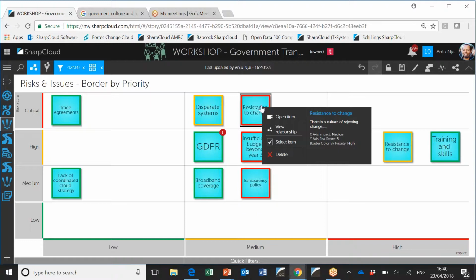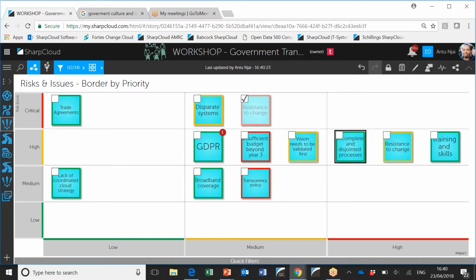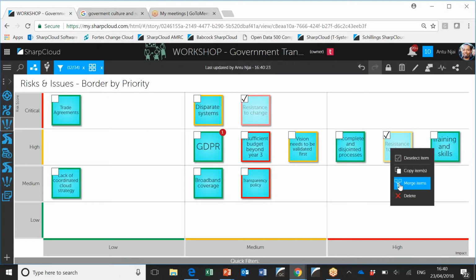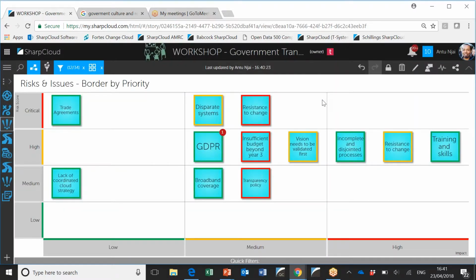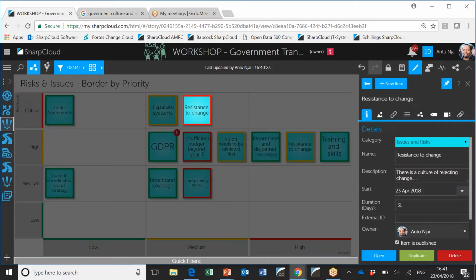They should be merged. So what we could do is select one, select the other, then right mouse click and say merge the items. Now the one that we want to use as our master, we can then choose. Now it might be a little bit difficult at the moment, so we've got one called resistance to change. They're both called resistance to change. So what I might want to do very quickly is find some way of identifying between the two. Now what I could do is I could have started adding images to these, or I might just very briefly update these to say that's version 2.